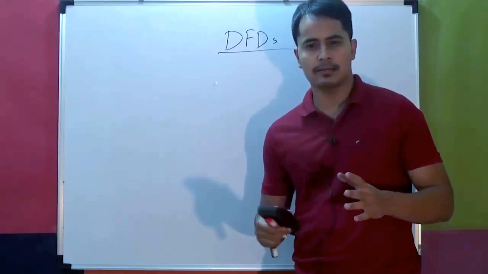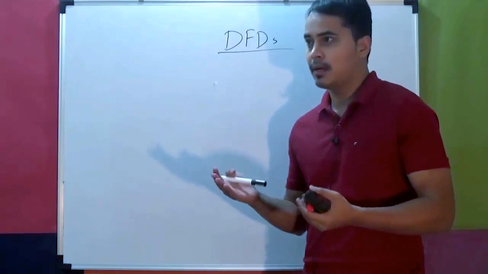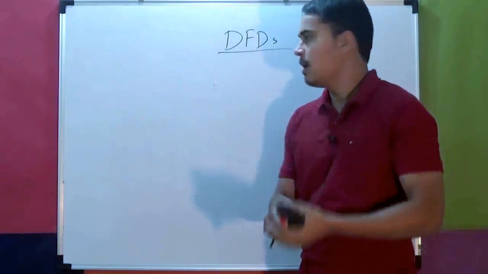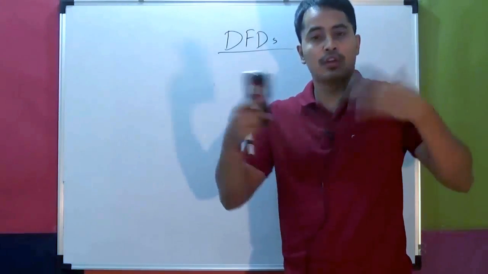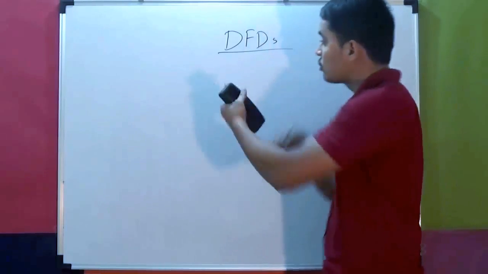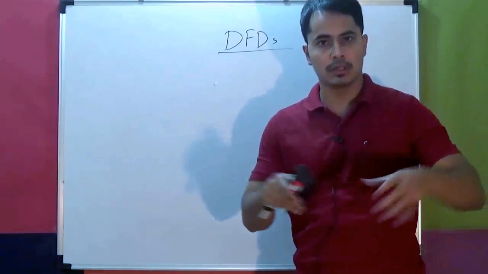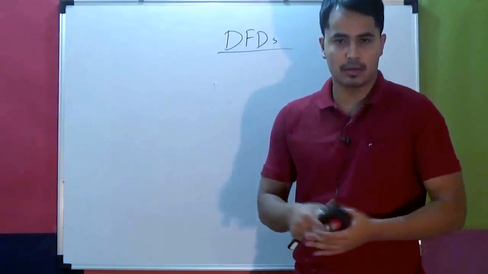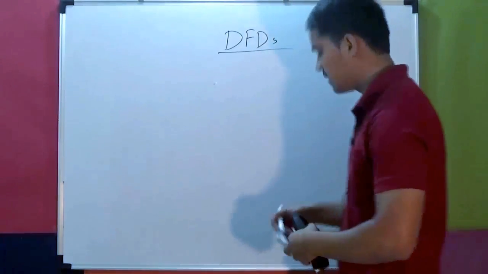Usually we say ER diagrams are created for database schema, maybe class diagrams for your objects. But when you talk about DFDs, they are both. They help you in visualizing the data movement, the requirement of data, everything, and they also help you in visualizing what will be your major modules. So data plus functionality both can be planned, both can be designed using data flow diagrams. So they are important.